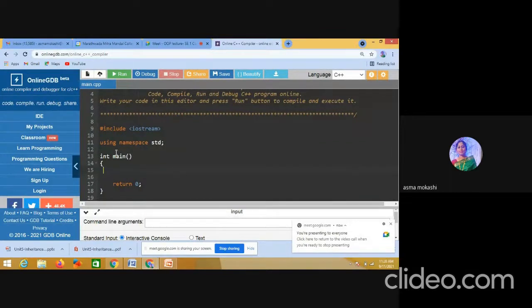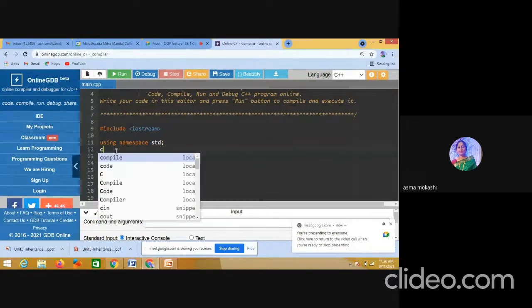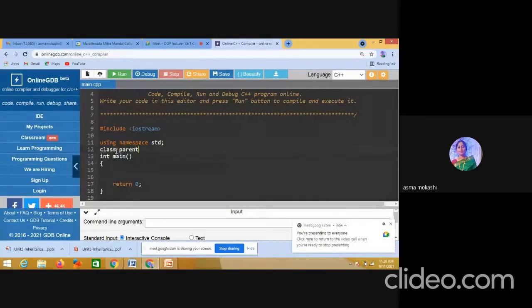Now I'm showing how to create a single inheritance. I am creating a class parent. My class name is parent class. Within this parent class, I have a constructor. I am not showing the constructor now, because I will take constructors when we learn constructor overloading.